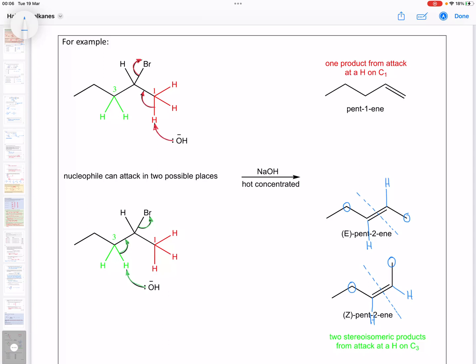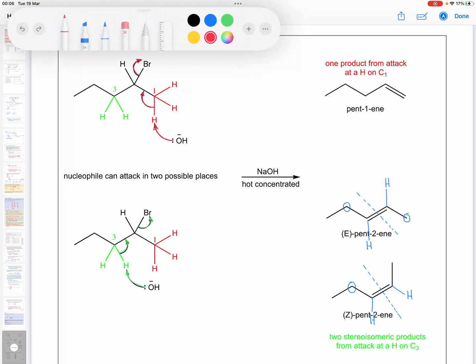So from one molecule, the halogenoalkane, there are two potential positions where a hydrogen could be attacked, the green positions and the red positions. Attack on a red position puts the double bond on the end. Now if we have a look at the double bond on the end, which you might be saying to yourself, well, why haven't I drawn an E and Z for that? Well,